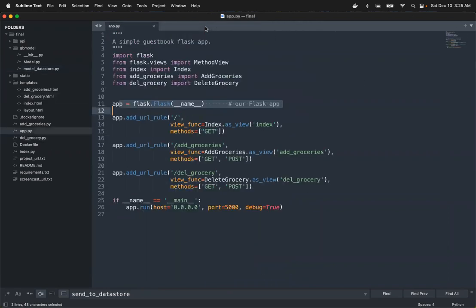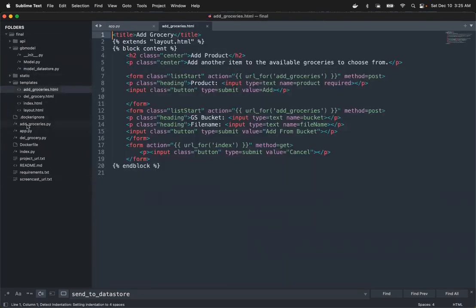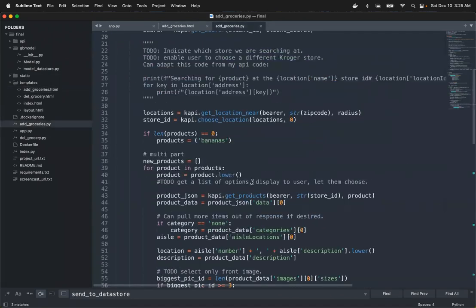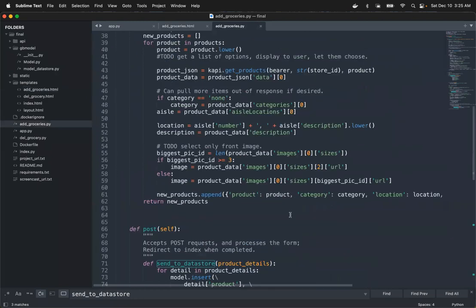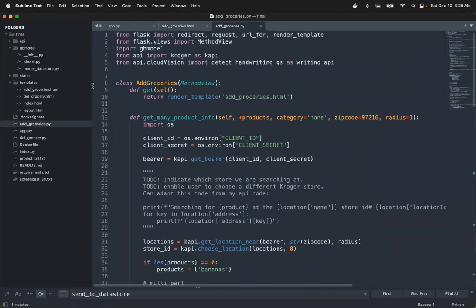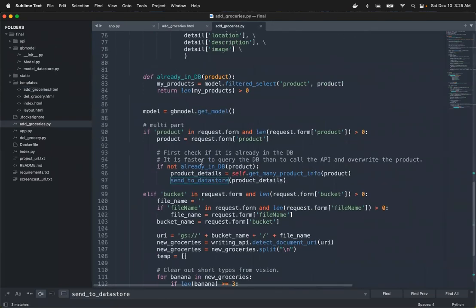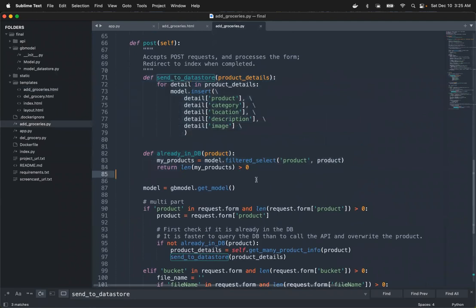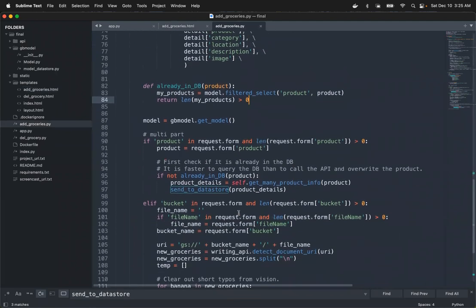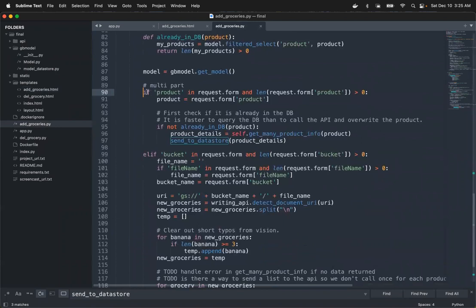All right, and then let's take a look at our larger page. We're actually adding those groceries. So the HTML is pretty simple itself, but the code is a bit longer here. So we've got a post statement here, which has a couple of functions in itself, little helper functions, but let's go on down here where we start processing. So we've got 2 options. We can either pull, we want to just add a single product, or we want to pull all the products